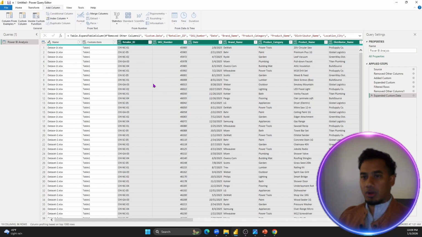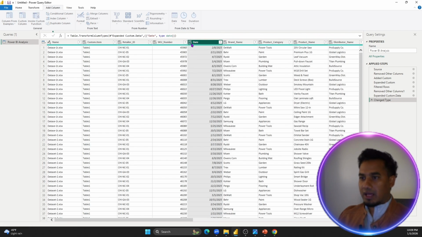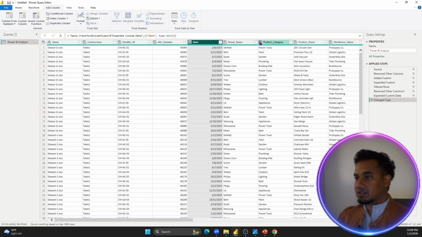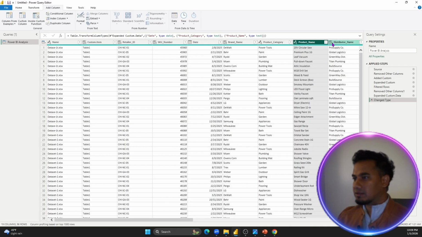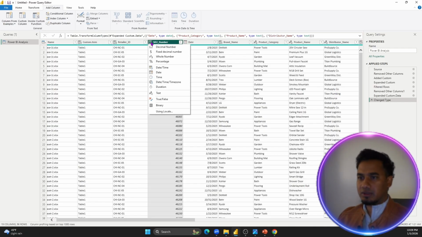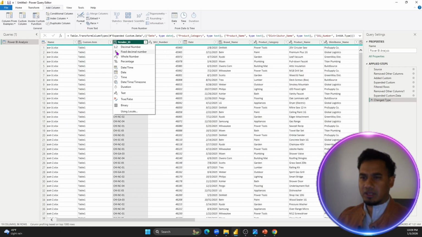Now we need to clean this data. Let's change the data type to date. And then that's good. There is no error. Yep. And there is this one, we can change it to text. This name, we can change it to text. Same thing over here. Text. And this is number, whole number. This can be text,